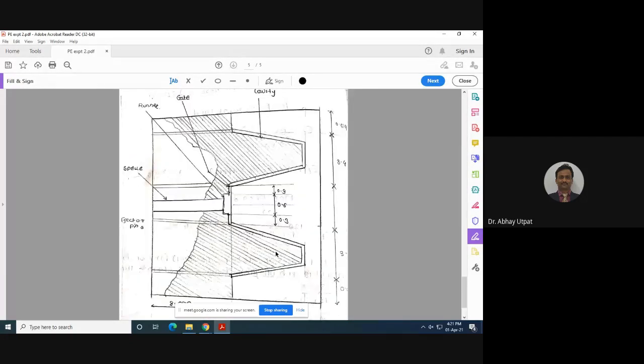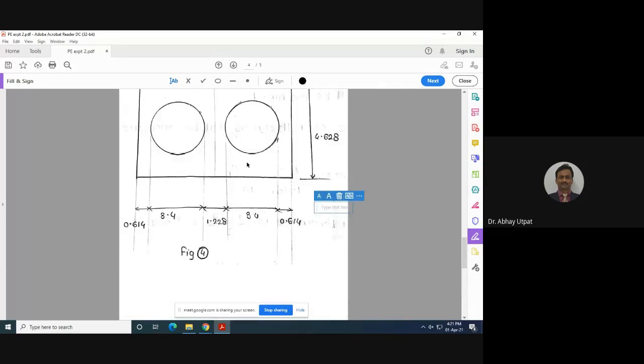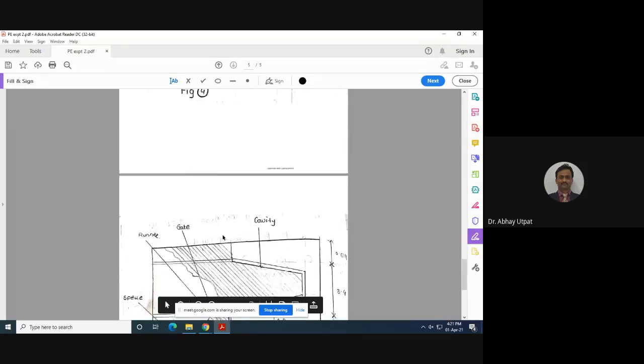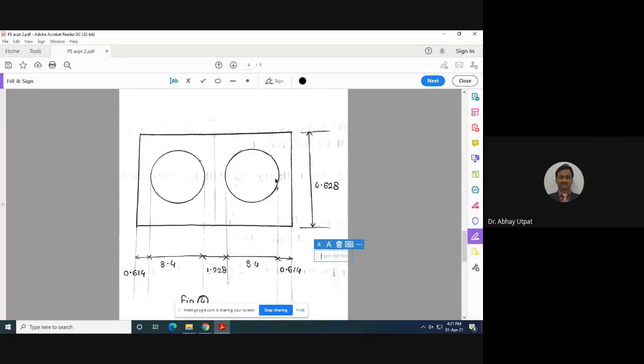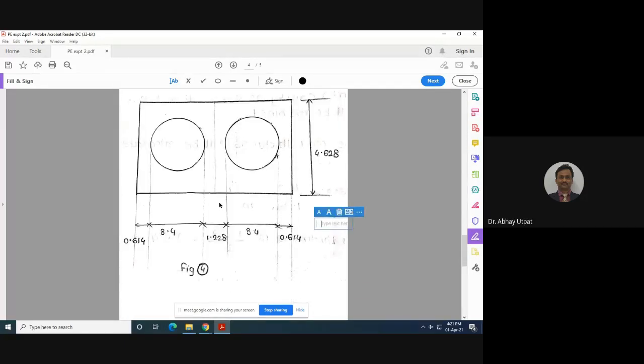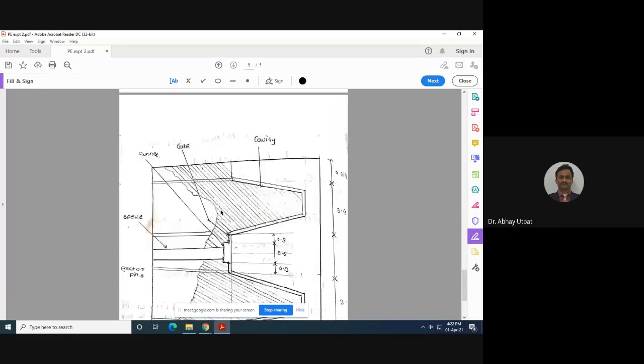I hope you are getting this. I have reduced the size. This is the side view. Imagination is required, friends. Just imagine, this is one mold plate, right hand side. This is another mold plate, left hand side. So the plate shown in figure 4 is at the right side. I repeat once again, the plate which is shown in figure 4, make it vertical, and it is here.